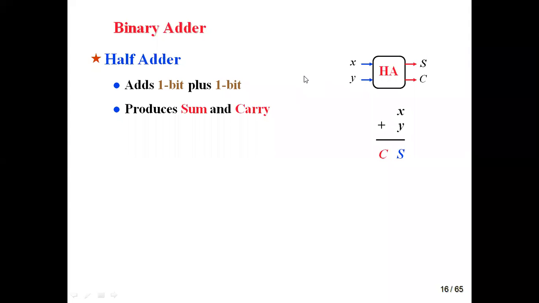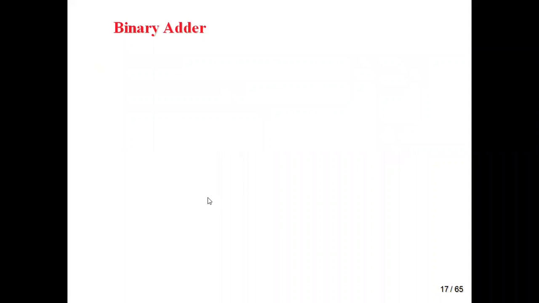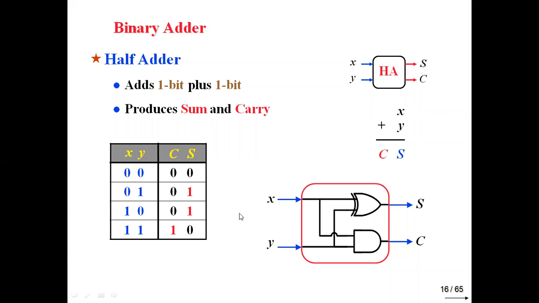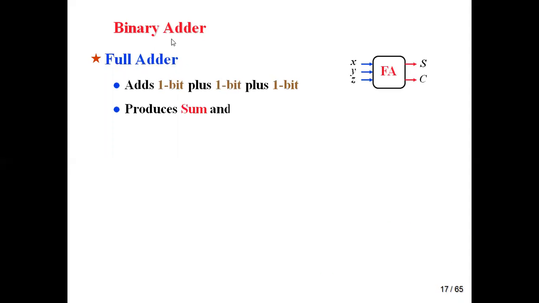Now the same thing here. Similarly, I am taking the truth table here, with X and Y as inputs, sum and carry. Then I'm going to design a combinational circuit by using the Karnaugh map method of reduction. After making that, the sum and carry are like this. Next, I'm moving to another one.